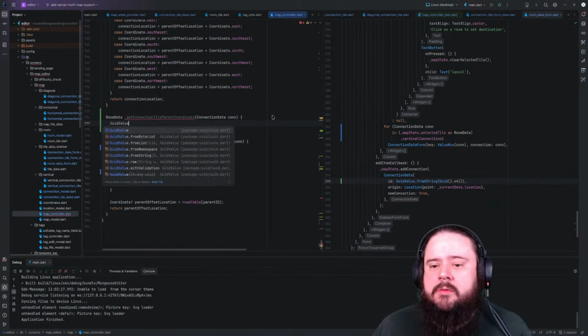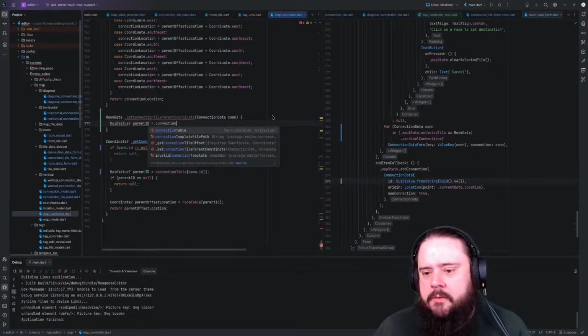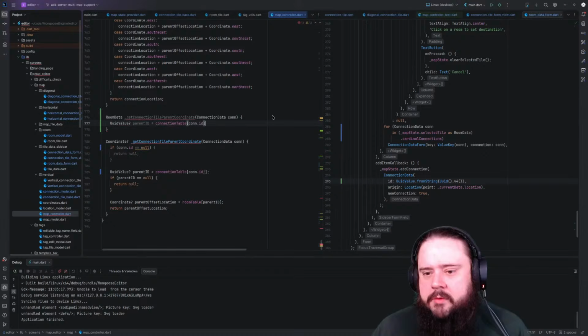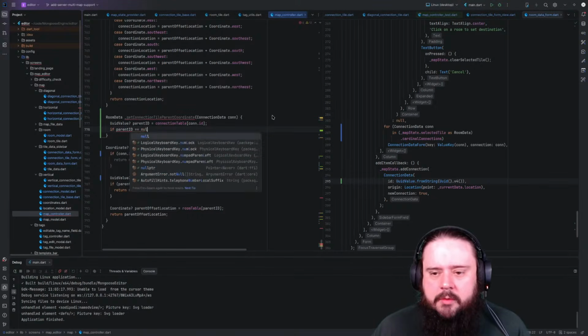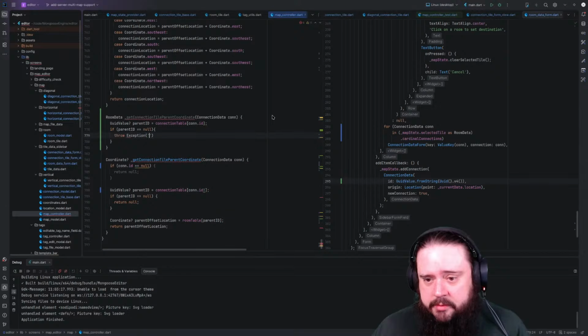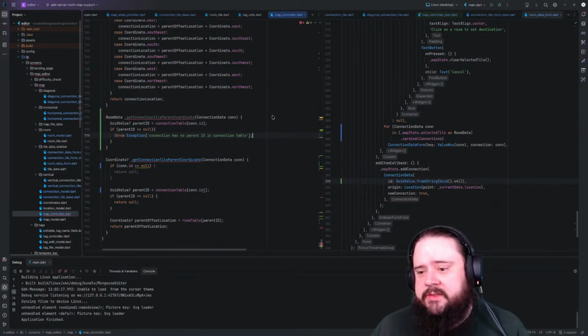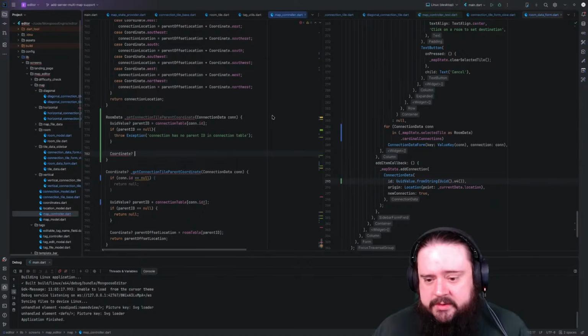So, this can be that now. If it's null, then exception: has no parent ID in connection table. It's an error. We need to figure out where it's coming from and squash it. Otherwise, coordinates,